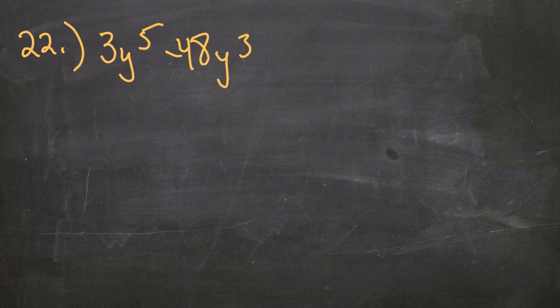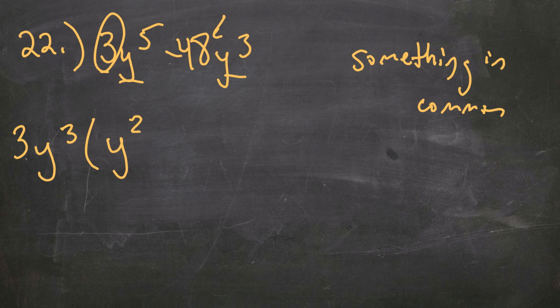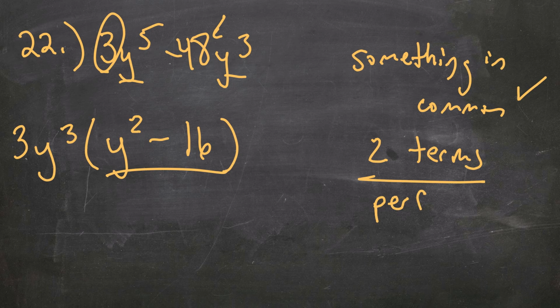Alright, 22. We have 3y to the 5th minus 48y cubed. I'm going to first look for something in common. I notice they both have y cubed. Also, 3 goes into 48, so they have a 3 in common, which gives me y squared minus 16. Once I've done with something in common, I look at the terms. There's two terms inside the parentheses, and they are perfect squares. There's also a subtraction sign in the middle,